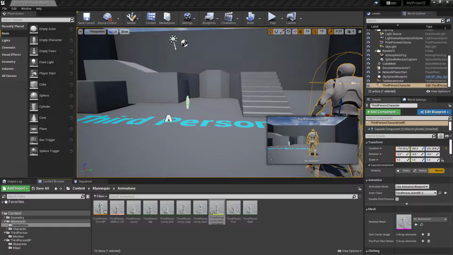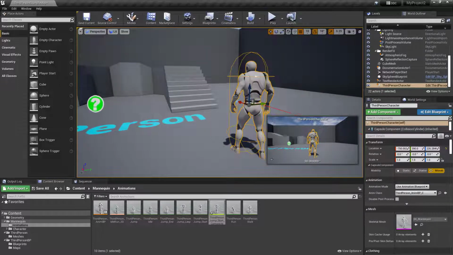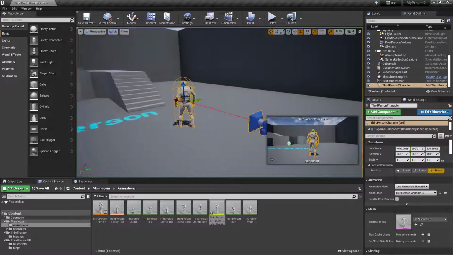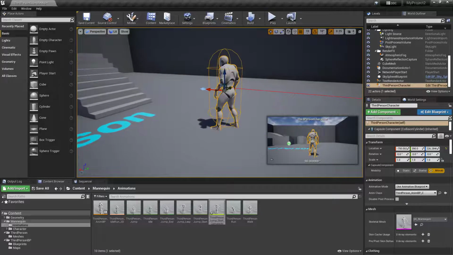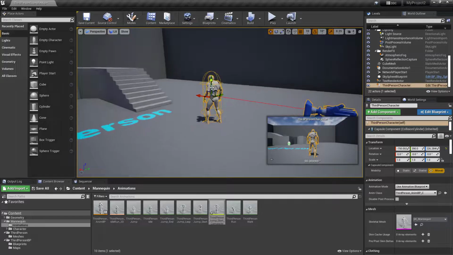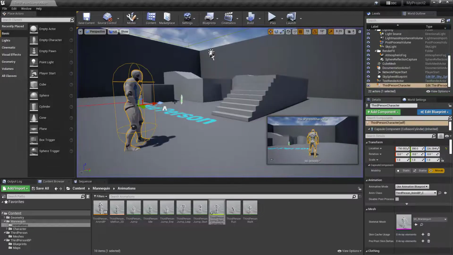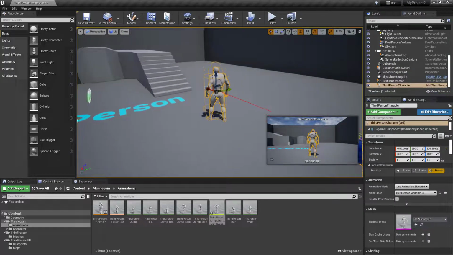Hello and welcome to this micro lesson on how to make a character sprint within Unreal Engine. So I have fired up a basic template for a third-person character, and I'm just going to add in a sprint functionality to this guy here. Okay, so at the moment he moves like this, and I want to add in a sprint on the shift